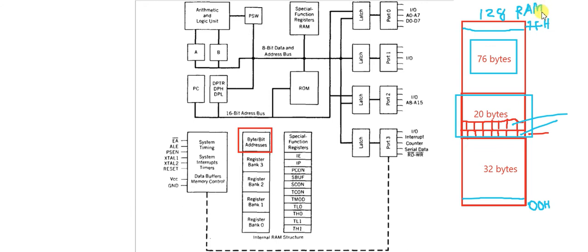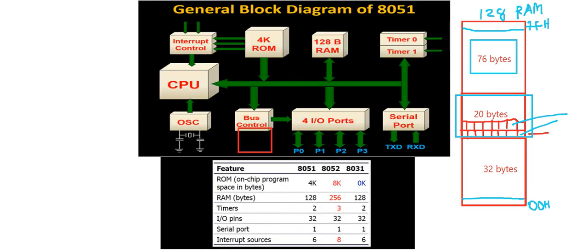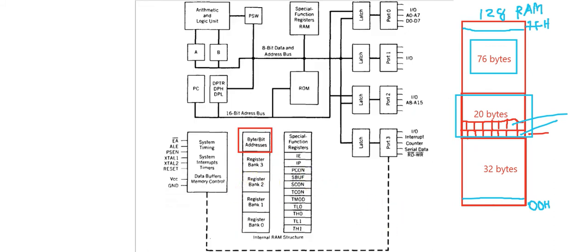Okay, and this is an inbuilt RAM. But one interesting thing that we have to study about RAM is that in this specification we have seen that the memory available on chip is 128 bytes, but in a microcontroller there is a total of 256 bytes of RAM. 256 bytes of RAM, but we can only access 128 bytes of RAM, but the remaining 128 bytes of RAM